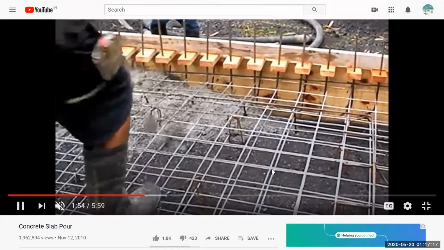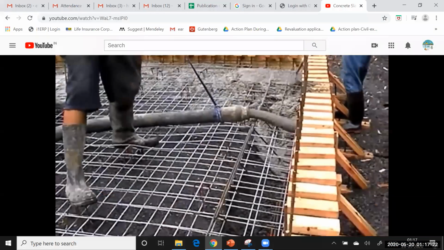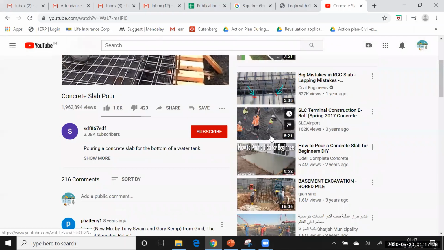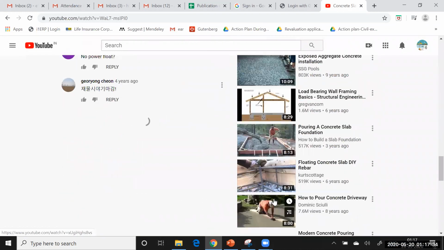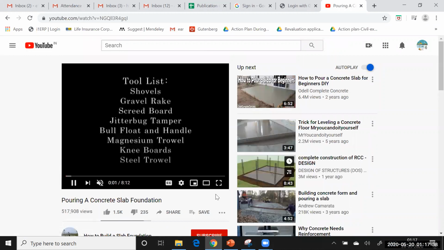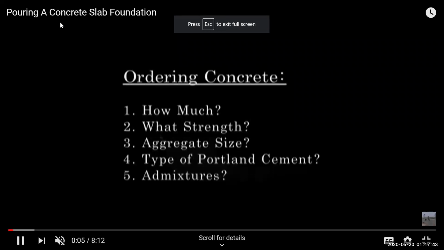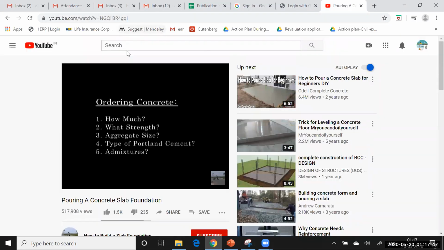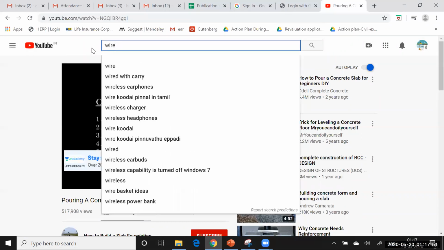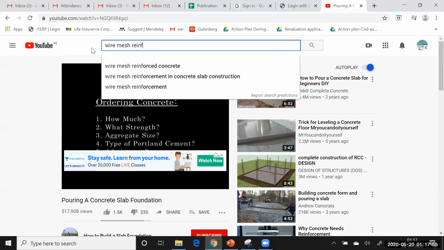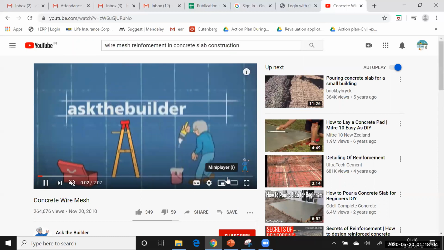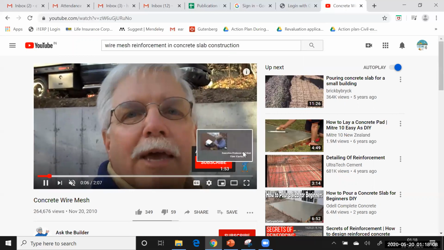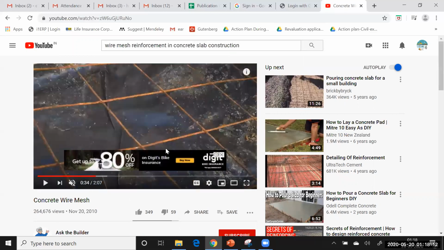This is also another case wherein a mesh type of reinforcement is being provided. Here also you can see this is another case wherein the mesh type of reinforcement is provided for the concrete pavement.